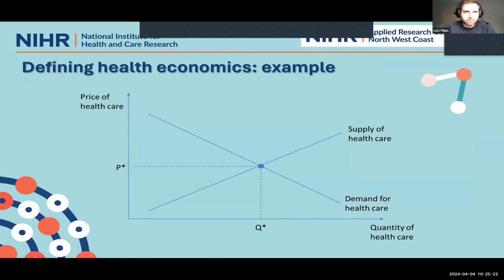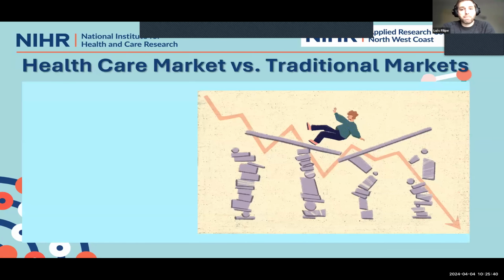Now, there's a lot of criticism towards this, and it's not because it is wrong. In fact, a lot of the markets can find equilibrium by themselves. But this is only true. This invisible hand by Adam Smith only works if you don't have any market failures. If you do have market failures, it doesn't work. And guess what? In healthcare markets, you basically have a lot of market failures. And I'll give you some examples.